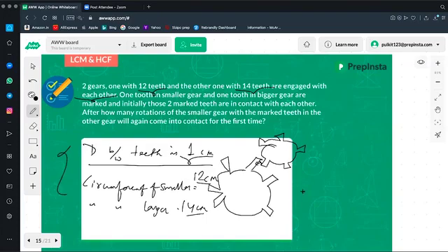Isn't it that type of problem wherein you have two runners or three runners which are running? We have to find the time when they will meet together. In such cases, what do you do? You find LCM or HCF. Okay. So what is the LCM of 12 and 14, guys?